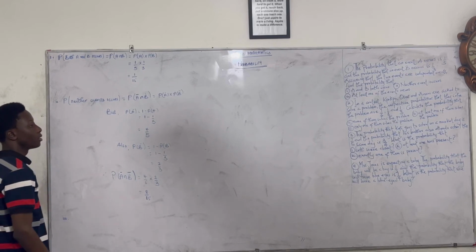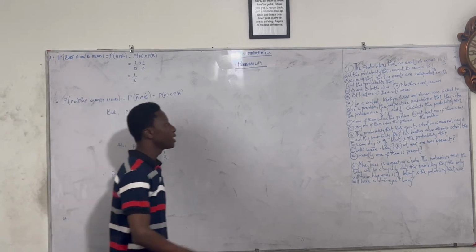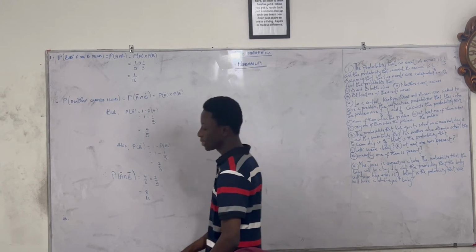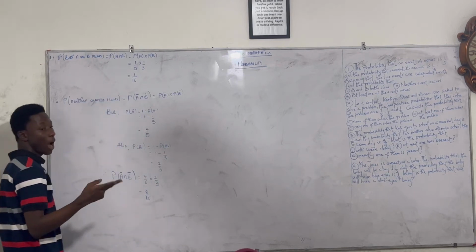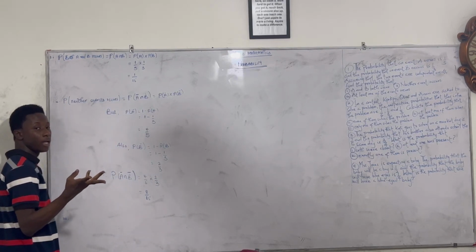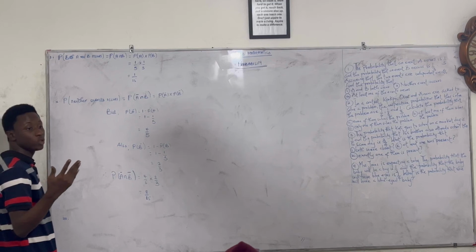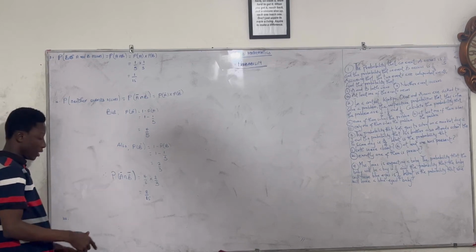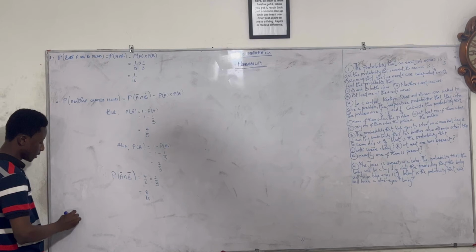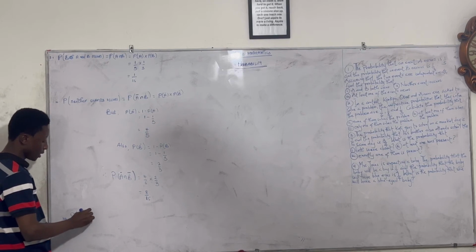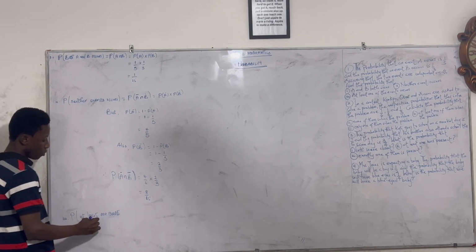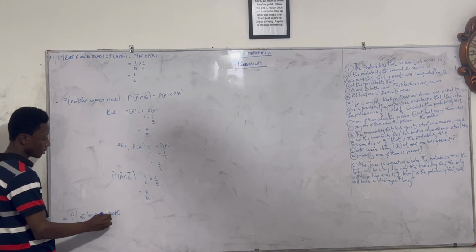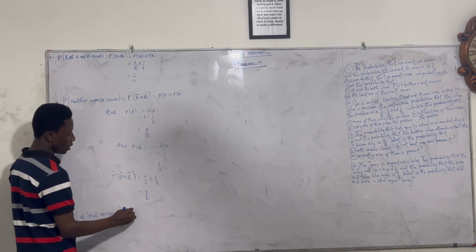At least one of the events occurs. So you see, at least one of the events occurs. At least, what do you understand by the word at least? At least means one or more. In this case, we're considering two events. So at least would mean, read it again for me, at least what? One of the events occurs. The probability that at least one event occurs, pay attention, will be equal to